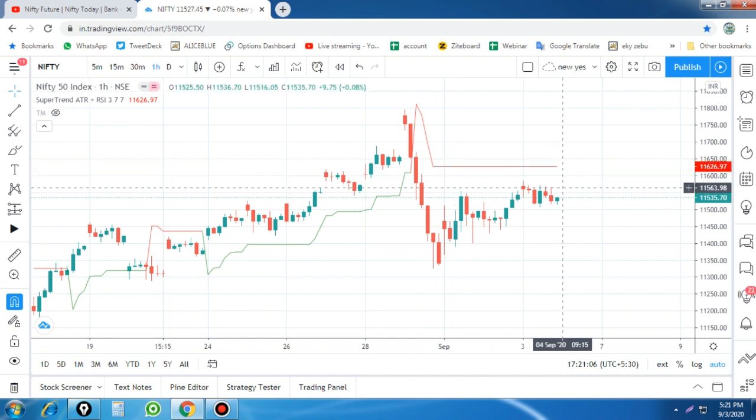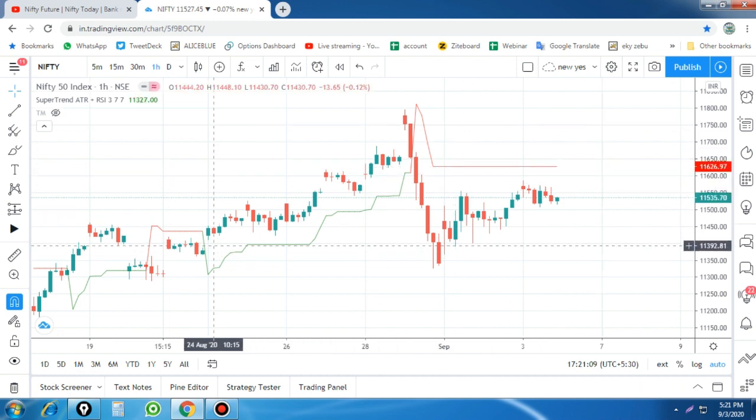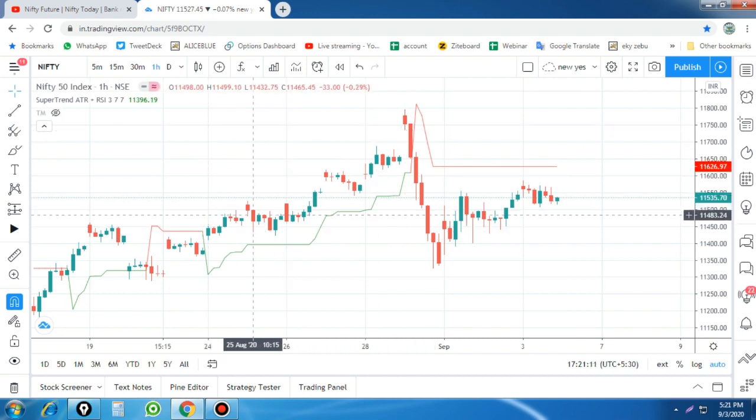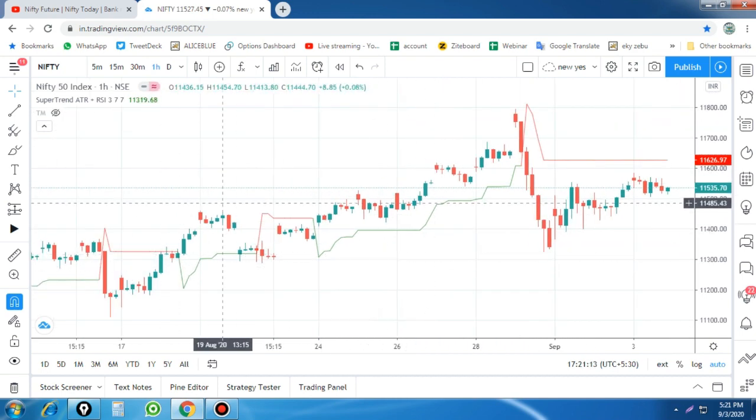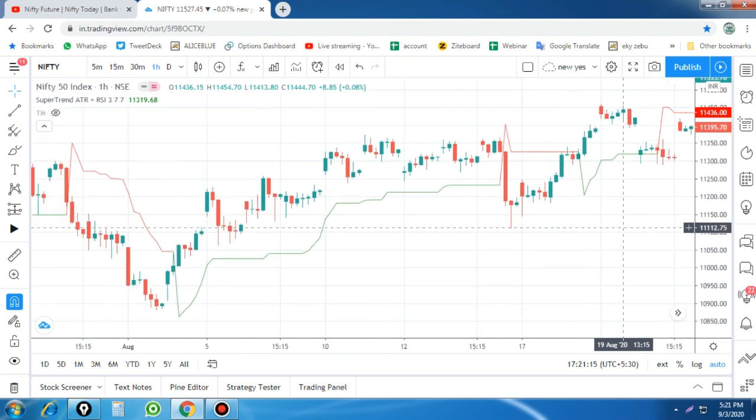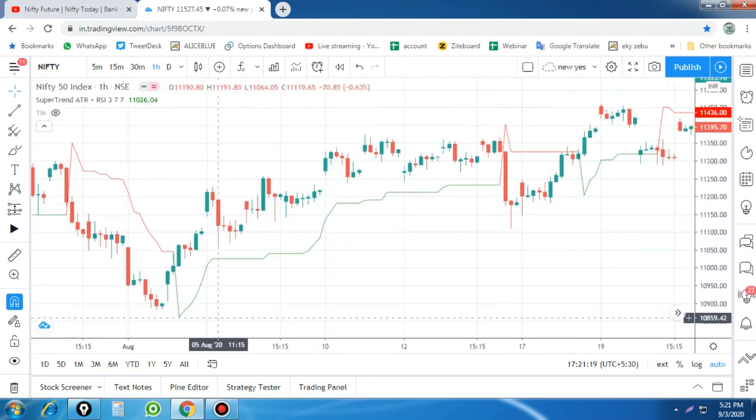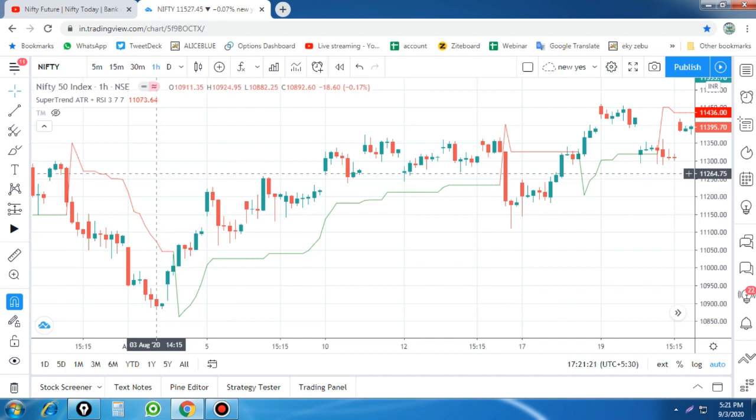Whenever the stop loss relaxes, we can try to trade. Here you see there will be a good trade opportunity. Here also is a good opportunity, and here you see a lot of trade opportunities also. So using the super trend, we can easily find the right trade opportunity, and the top gainer and loser stocks on an intraday basis. Today I found some stocks based on open interest.